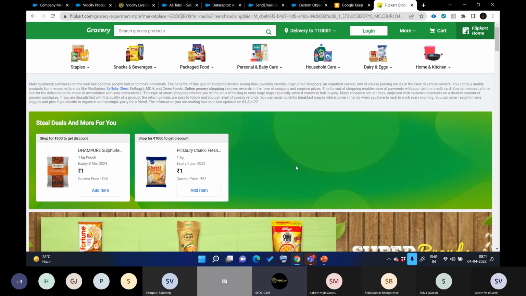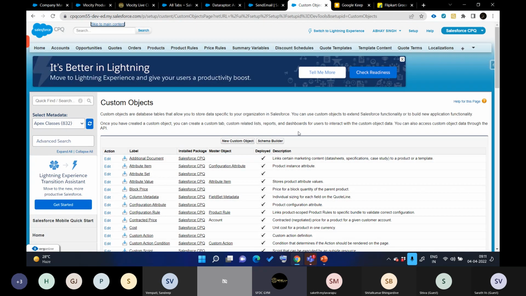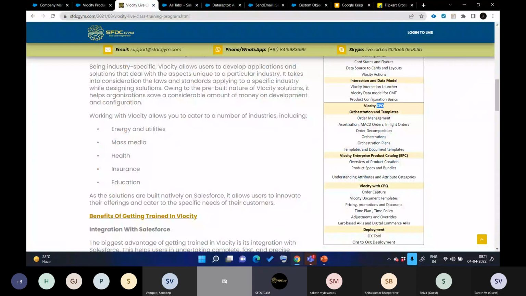I could be wrong, but in my experience, the customers that are using Velocity are more specific about doing this order decomposition process. That's why they're using it, because order decomposition is itself very complex, and Velocity does very good work here to make these things controllable without any coding. That is the major advantage of this entire Velocity.